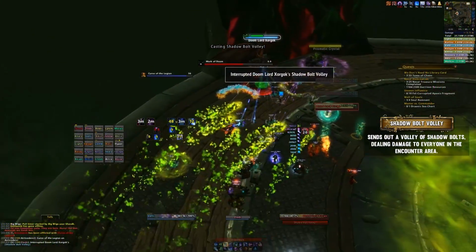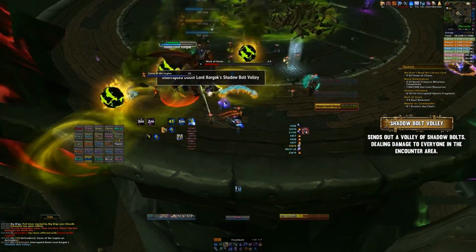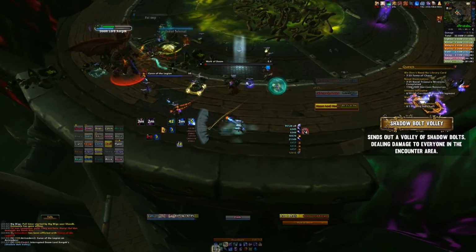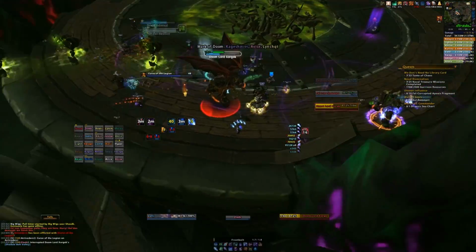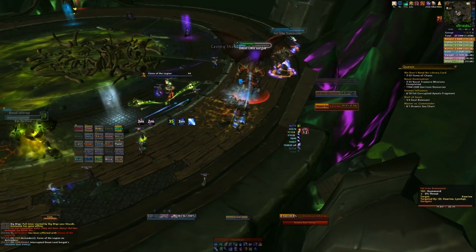The Doom Lords also have an interruptible Shadow Bolt volley. You can use this to trigger the Mark of Dooms if you want, but it's not really needed. Most of the time you just want to interrupt this and generally kill this guy as soon as you possibly can. Now as soon as you've killed the right hand side summoner, you want to go to the far side